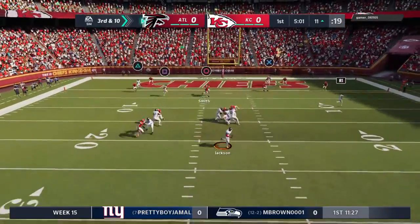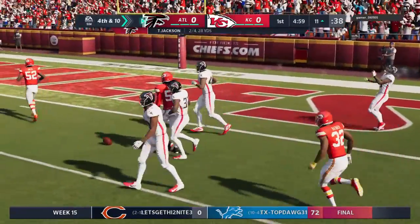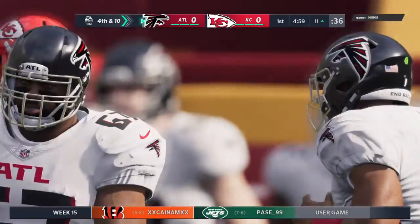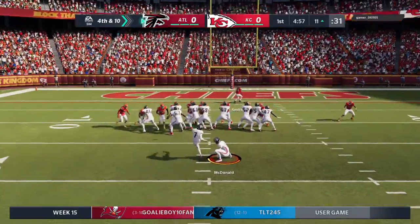From the gun, it's Jackson, flushed to his right. The Kansas City defense tough to throw on there, and now it's 4th down. One thing that you're going to see from this offense is that they love the matchup with their wide receivers against this secondary. That one wasn't successful, but don't expect